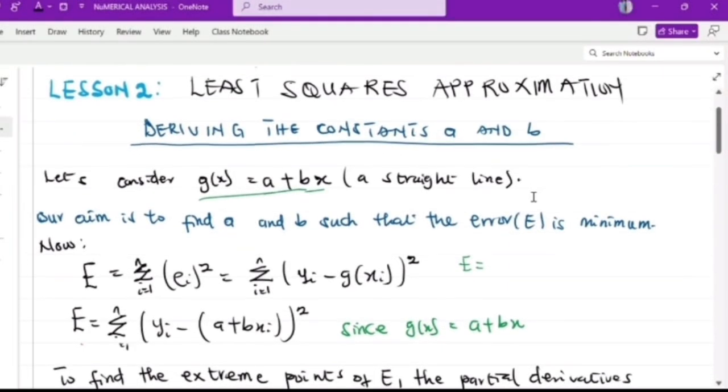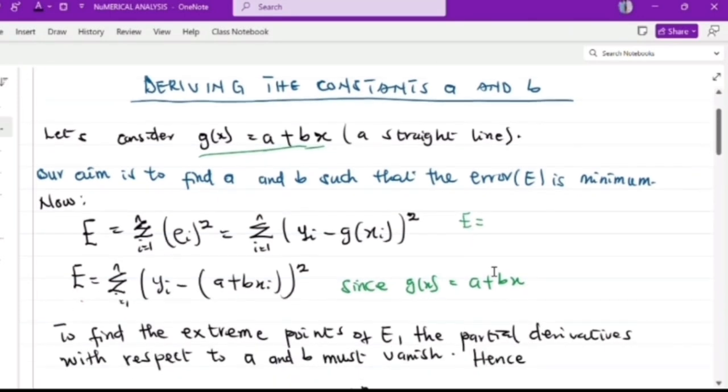Hello everyone, welcome to lesson 2 of Least Squares Approximation. So in lesson 1, we introduced the Least Squares Approximation and how we deal with the error. In this lesson, we are going to derive the constants a and b in the function g of x. Our aim is to find the constants a and b so that the error